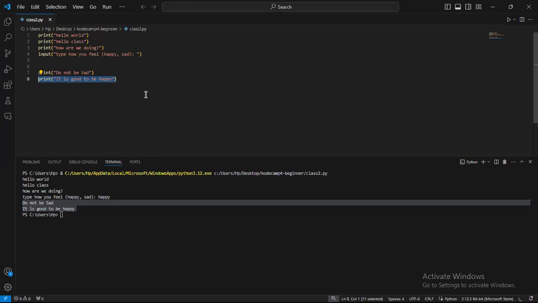And also I want to show "it is good to be happy" only when the user has typed in "happy," meaning that Python will execute this line and then skip line 7 and execute line 8. That way I have also altered the flow of execution. Do we understand? So that is the challenge that we are having now, and Python has given us